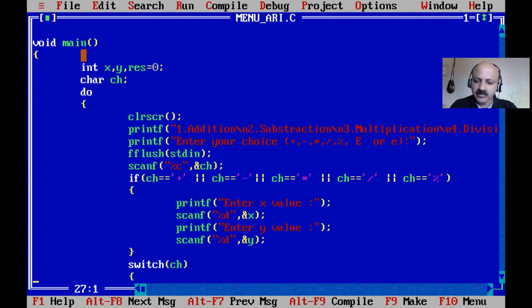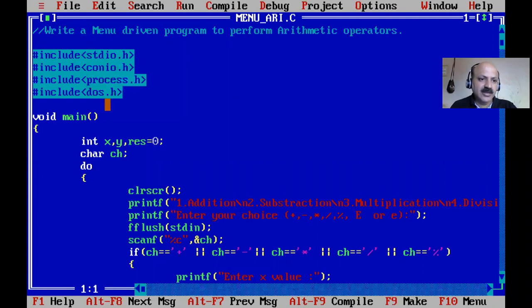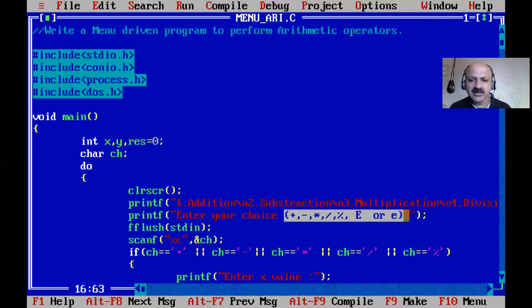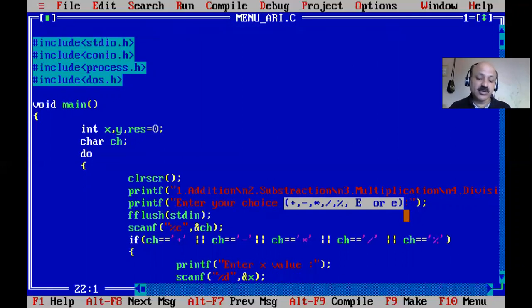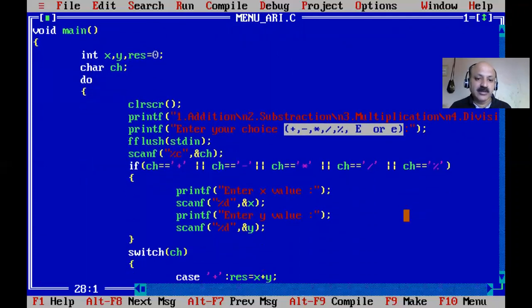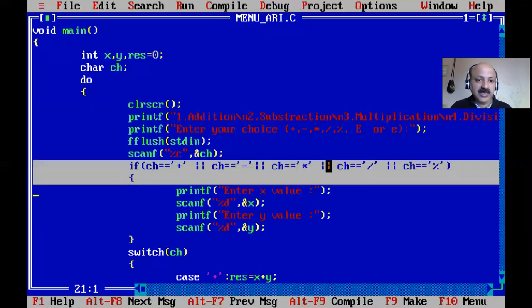So first we have the comment line and header, then in main I declare only three integer variables and then a character. First we take all integers, then we do testing with a while loop and do while. Clear screen is first, outside the while loop, and then here we take the do while loop and also the while loop, taking the menu and a suitable guidance message. That is a very important improvement. You can just have a simple message, but a very careful user can be alerted by this message not to give a wrong value, and that is an improvement at exit time, so the user cannot supply the x and y values.